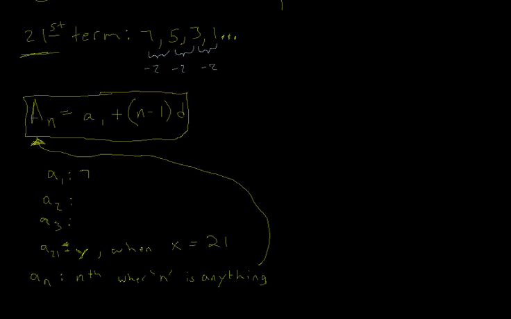Cool. So let's move on and actually calculate what the 21st term would be. And what I'm going to do here is say, all right, this is how I would write this equation. So I'd write a sub 21, and well, a sub 1 is actually going to be